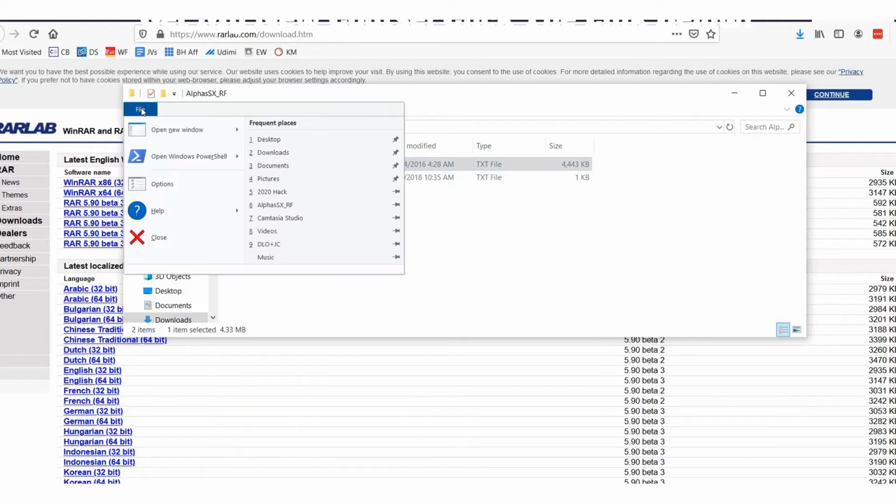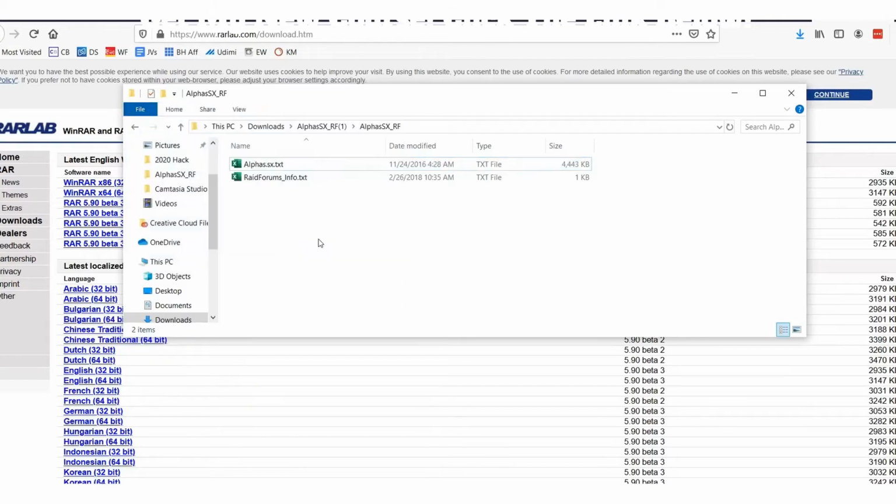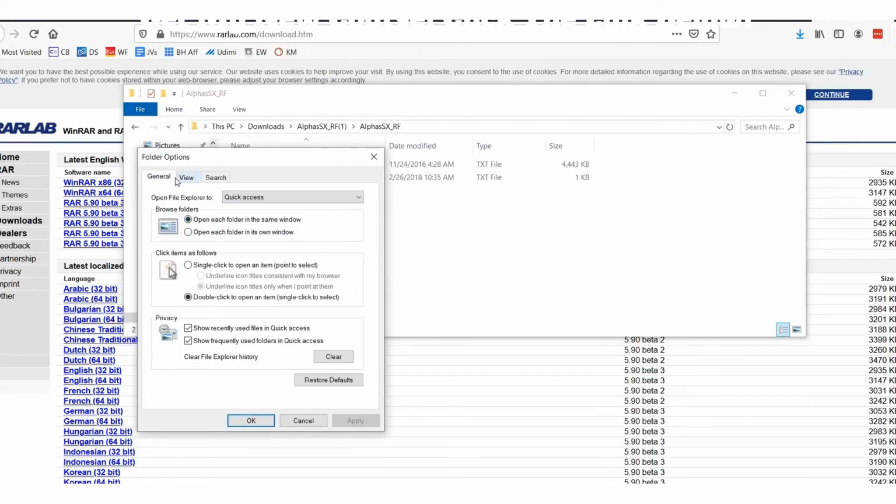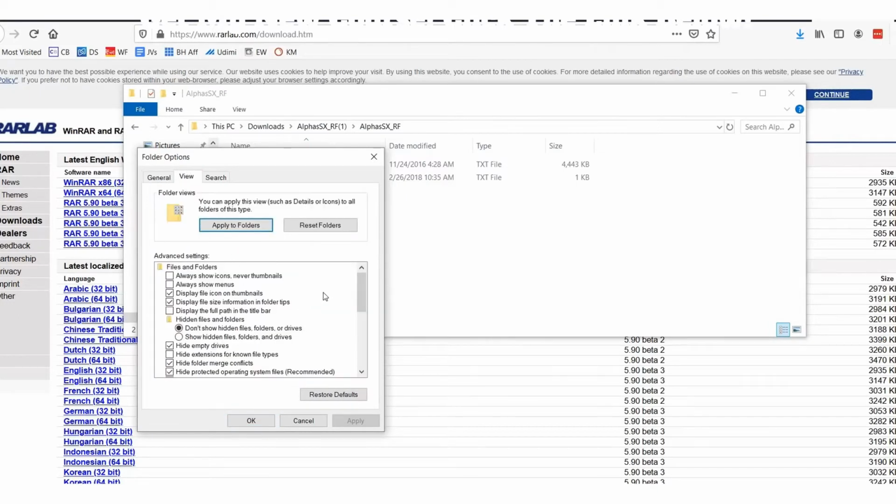And in order to do that, if your computer doesn't already allow you to change the extension of a file, in Windows, you will need to go to File. You will need to click Change Folder and Search Options right here. Within here, you'll need to click View. And once you're under View, you will need